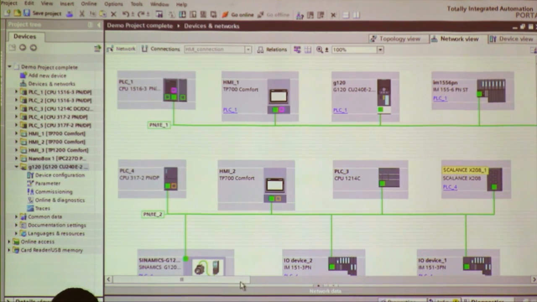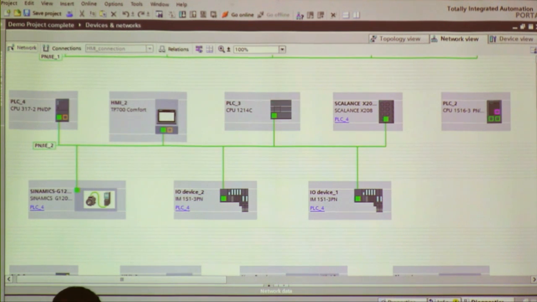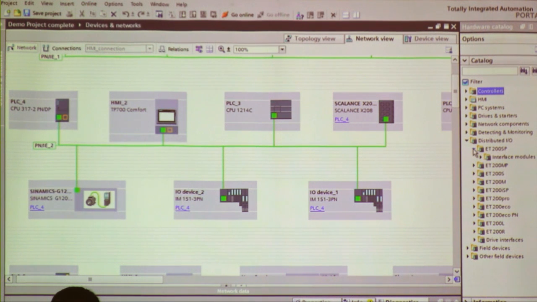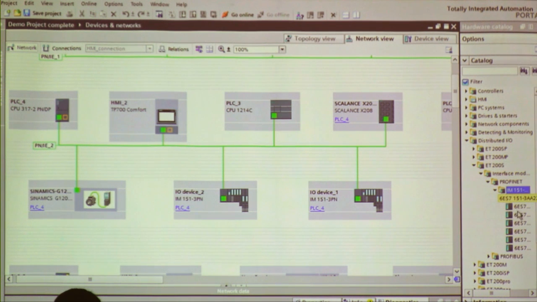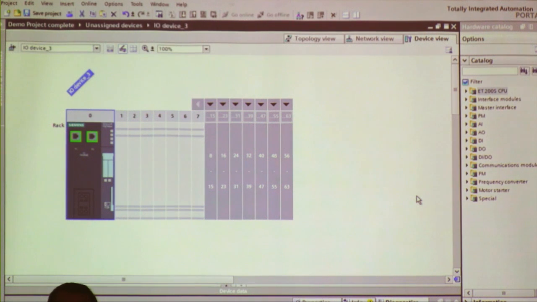Now, let's add something to the network here. So I'm going to come over to this network down here. We go to the hardware catalog, and I'm just going to add some distributed I/O. Okay? So if I go to distributed I/O, and we'll say standard PROFINET head module, I can take one of these out here, drag and drop, put it into my network view, and I can double click, and you can see here, we have a network view